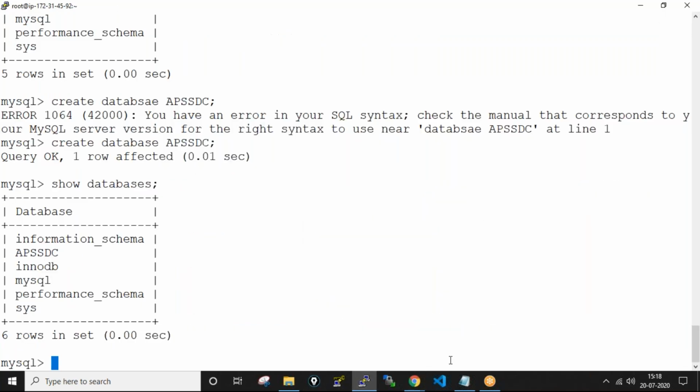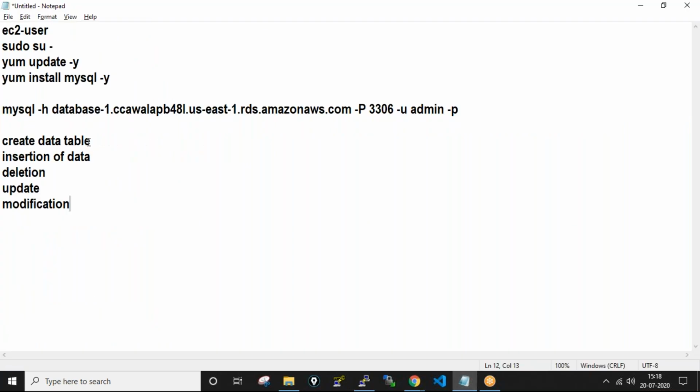So you can perform these operations. Creation of table, how to create a table: by using create table, table name, and you can insert the values as insert into table name values, and deletion of the table values, update, and modifications. You can do that next. Okay. So it's completed up to now.